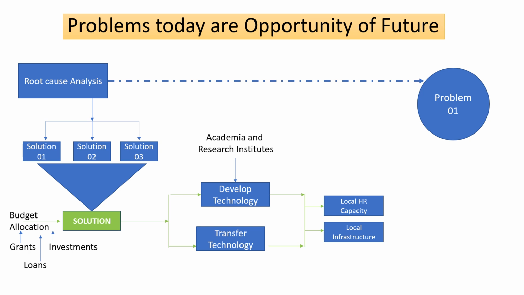And you also need to develop a local infrastructure as well. So it is not just that technology is only transferred with no local support, or a kind of alien thing implemented in your country or your premises. That is not very useful in the long run. So either you develop the technology or transfer the technology, you need to build the human resource capacity locally, and you also need to build the local infrastructure,